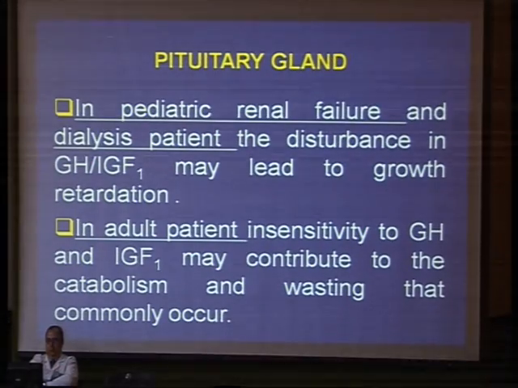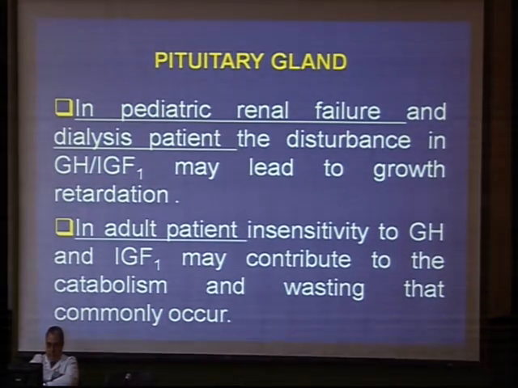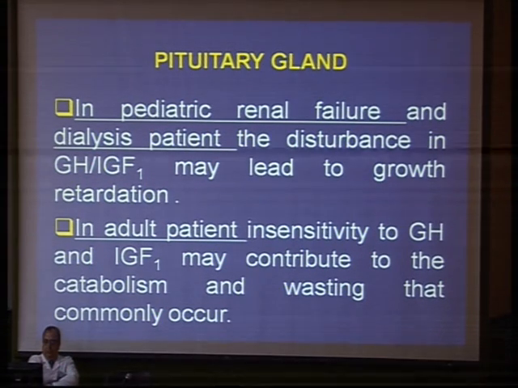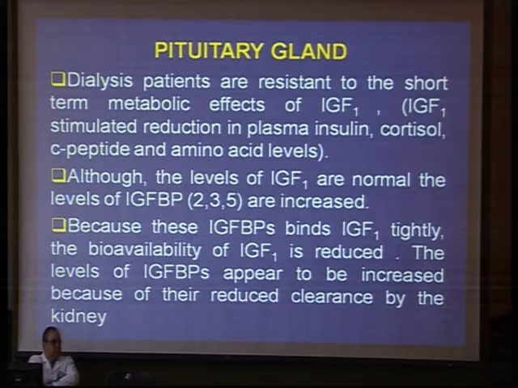But what happens in adults? An adult also needs growth hormone to maintain his life. In adults, insensitivity to growth hormone and IGF1 may contribute to catabolism and to carbohydrate and fat metabolism changes. So patients with renal failure or on dialysis have weakness, wasting, and fatigability due to absence of growth hormone action. In dialysis patients, really, there is a resistance to the short-term action of IGF1,